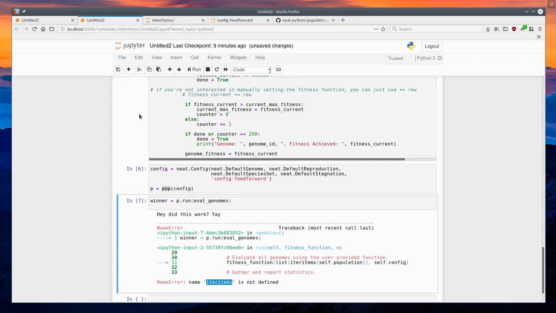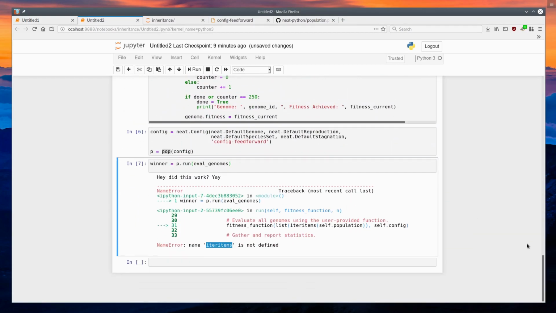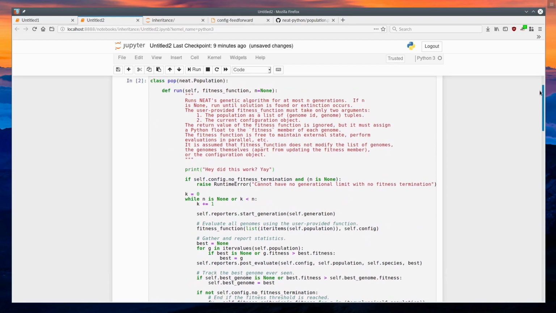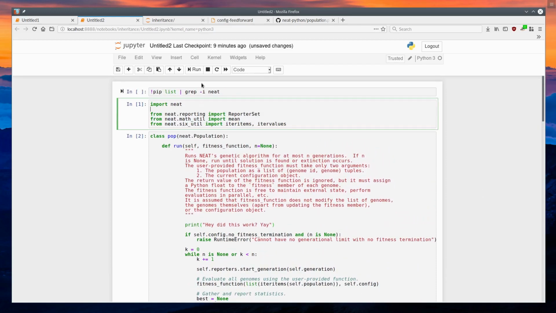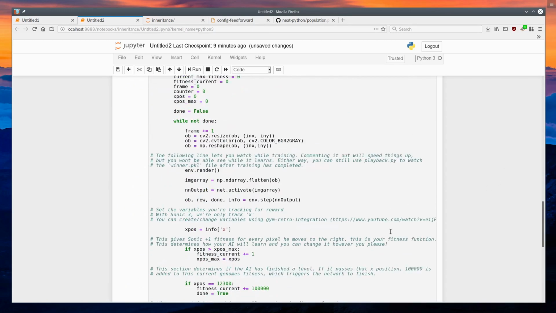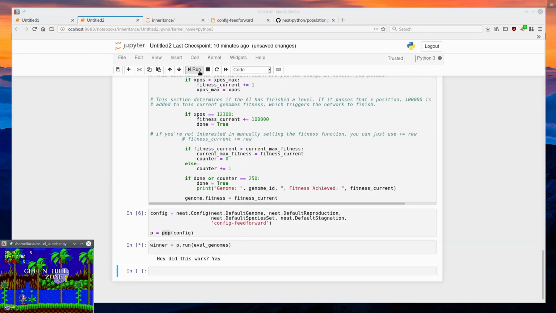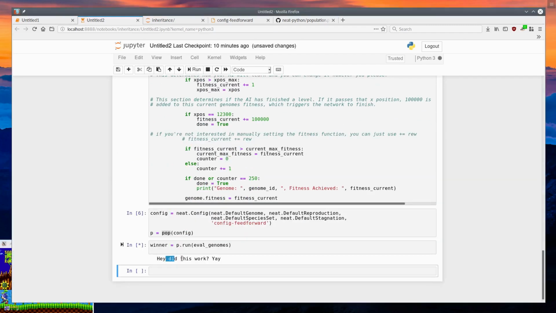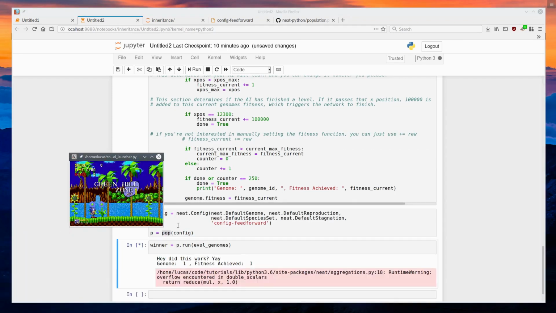So where are we? Let's put that in right here. Okay, so we'll just run that again. Run that again. Those are already in memory. We should be able to just run this. Hey, did this work? Yay. And then Sonic is training. Okay, guys, that's it. That's how you